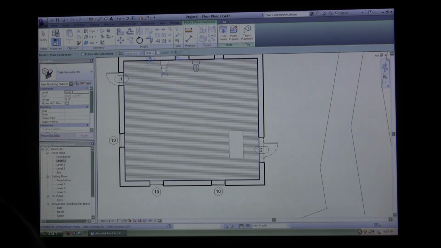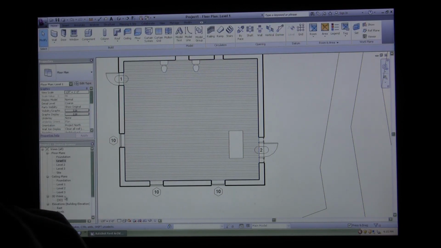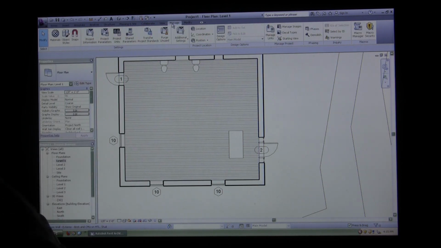So you can place toilets in there, and that's how you can create other components the same way by loading. Now say you don't have a component that you want, you can go to,